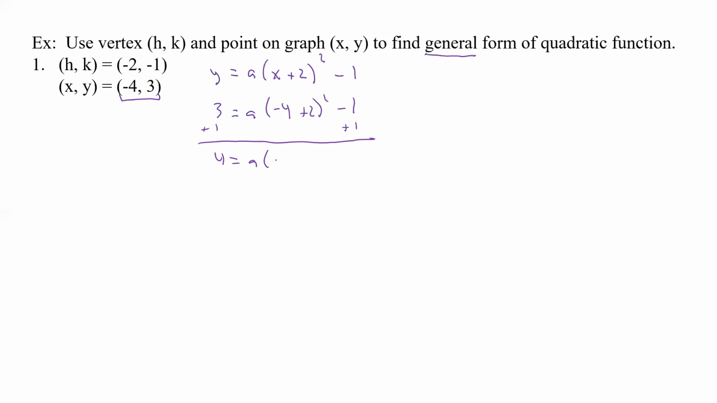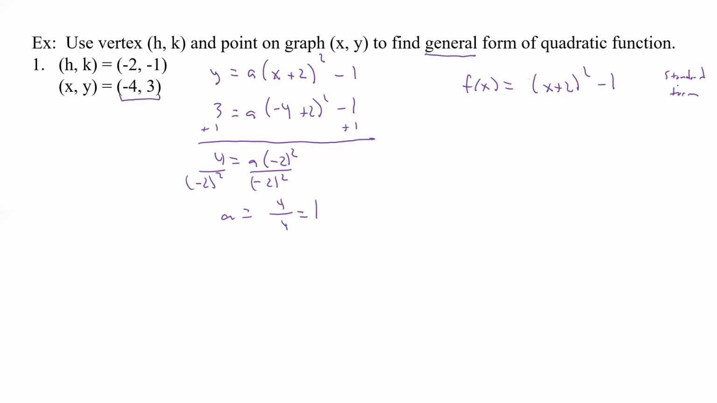So we could write this as 4, or we could say it's negative 2 squared. And so then we're going to divide both sides by negative 2 squared. And so a is equal to that, which is going to be 4 over 4 equals 1. Okay, so that's what our a is. So we're back to our original function of f of x equals 1 times x plus 2 squared minus 1. So that's our